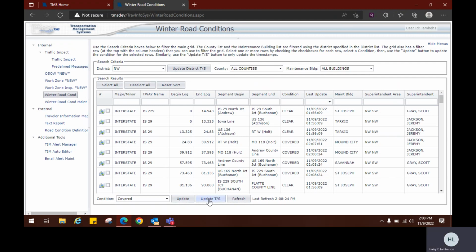So the next button that we're going to talk about is the update timestamp. With this update timestamp, what it's going to do is update this section, or this column right here, where you have your time and the date that it was changed. It will not change the condition. So for instance, if it's a day like today where there is no winter weather going on, and you're just needing to go in and make your updates for the day during this season between October 15th and April 15th,